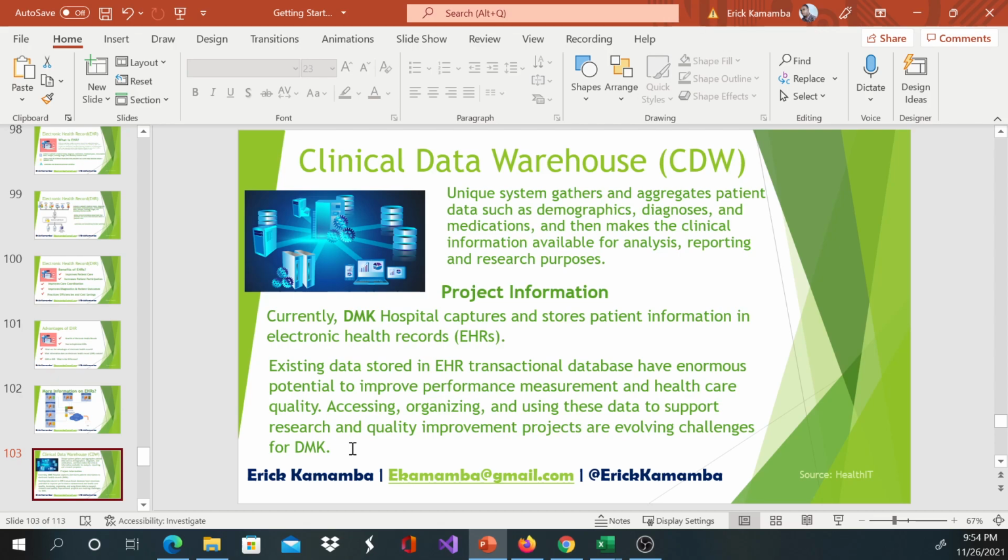So we know there are some challenges here, and really, a transaction database is designed with normalized tables, designed for primary key and foreign key, for something we call CRUD